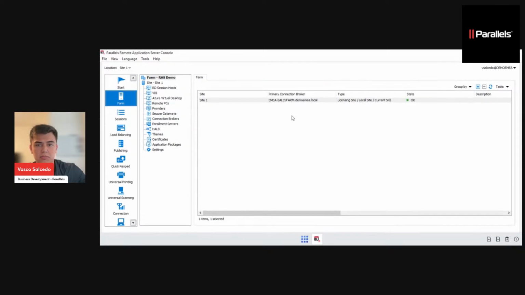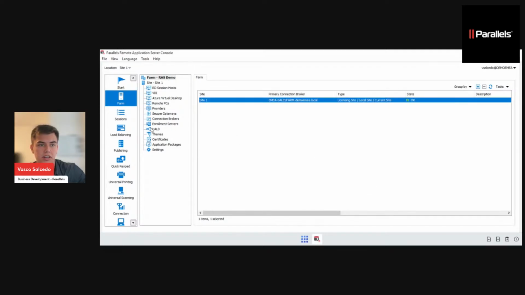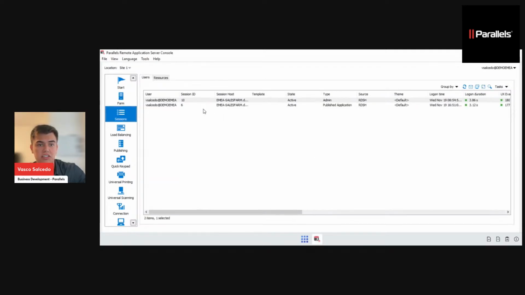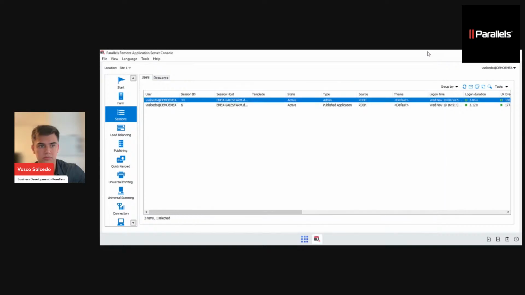As far as the farm, you can get a lot of insight on the farm here. Sessions, I think, is also very cool because you can see essentially any statistics that you might have on specific users and their sessions. For example, if you double click, you can see the latency, you can see bandwidth, you can see duration. Lots of great features here. Like I said, we have load balancing, universal printing,